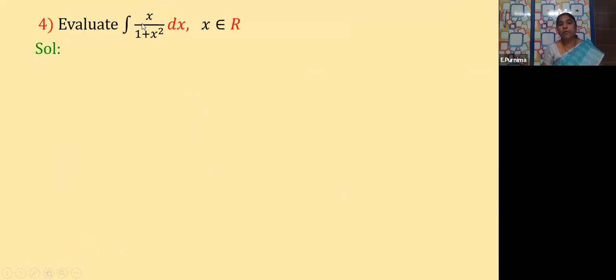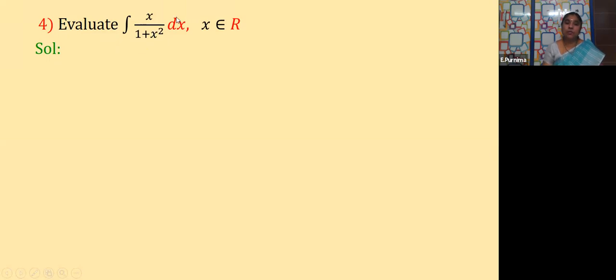So first of all, before going to the method of substitution, let us see. By seeing the integral, can you solve it directly? Do you have any such formula? X by 1 plus x square, is any direct formula there to solve this one? No, we don't have any such formula. Yes or not? And here, can you split the integrals? It is also not possible because the plus sign is there in the denominator. So the splitting of the integrals is also not possible.